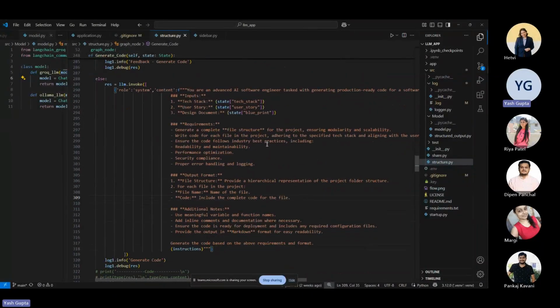Now for Ollama specifically, I would recommend you to use the ChatOllama model, because in case of structured output,